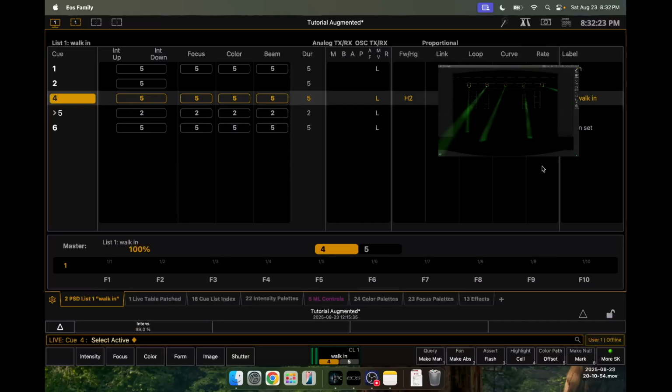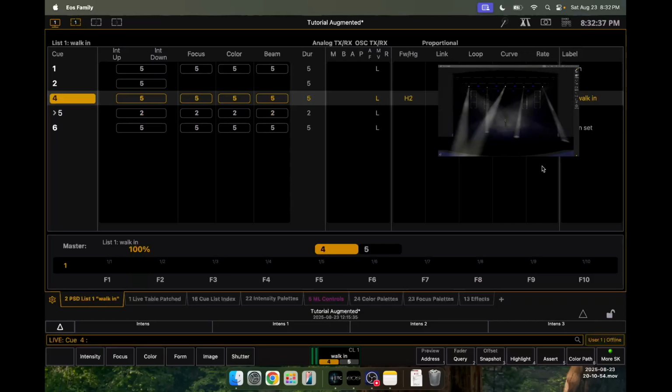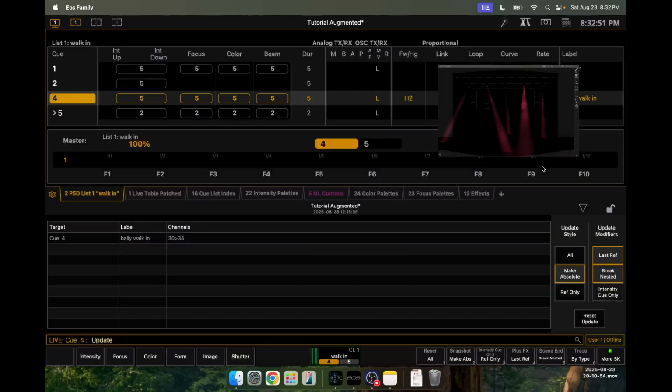Okay. Now if I hit update, so now they're green. But if I go into the next cue, they're white again. Nice. So if I did actually go back, and I'm going to say that I actually want these guys to be select active, I want them to be red. So now if I say update